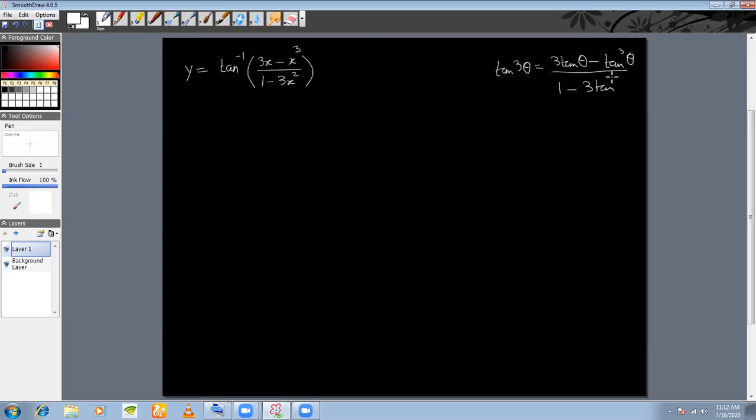You remember the triple angle formula for tan? Now you see, this looks like your triple angle formula. So you put x is equal to tan theta. Therefore y is equal to tan inverse